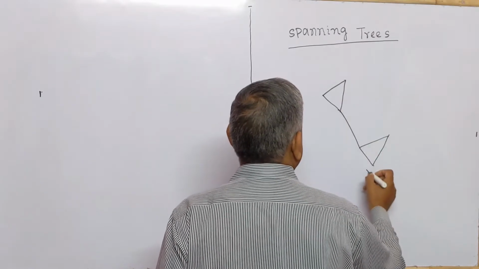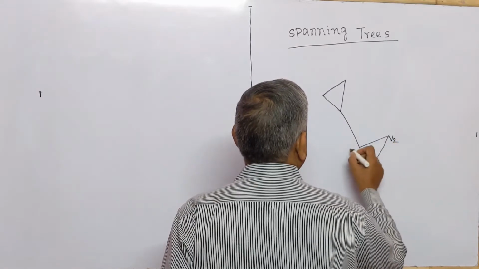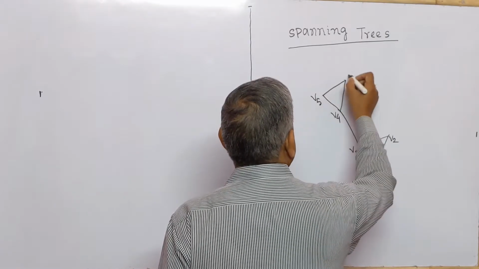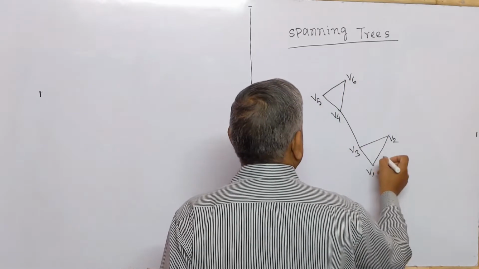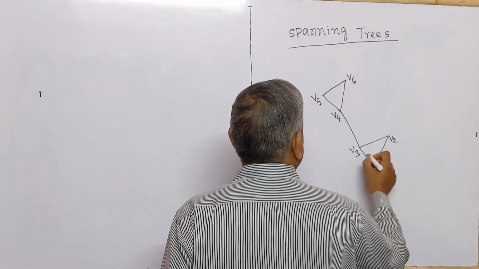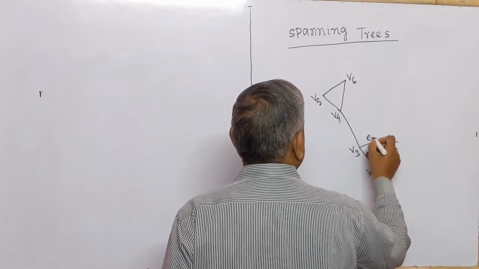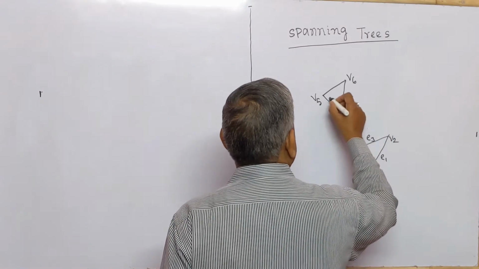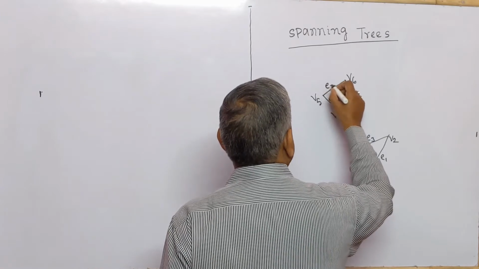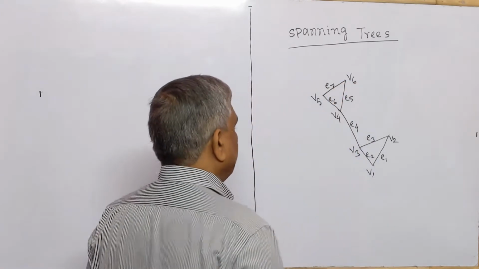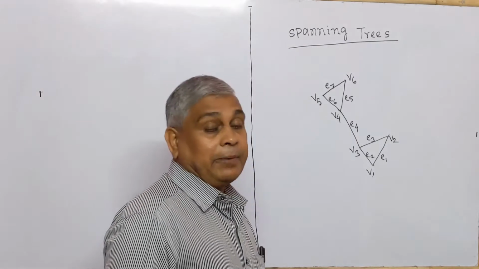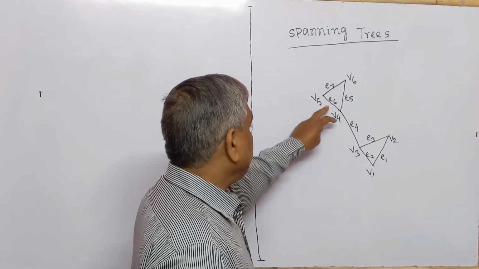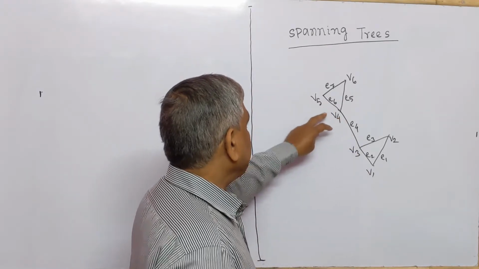Here vertices are V1, V2, V3, V4, V5 and V6, and edges are E1, E2, E3, E4, E5, E6, E7. This is a connected graph, and here we have two circuits. Here circuits are